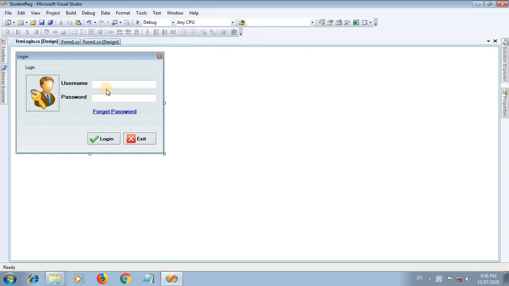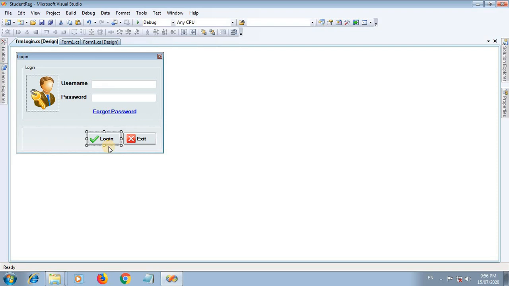In this video session, we will see how we can write code on the click event of the login button. How can we check the username from the database, and if that username exists in the database and the password exists in the database, then it will show our next form, called the home screen or main screen.